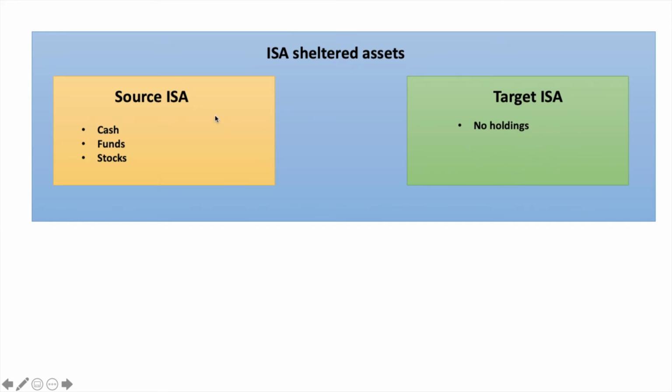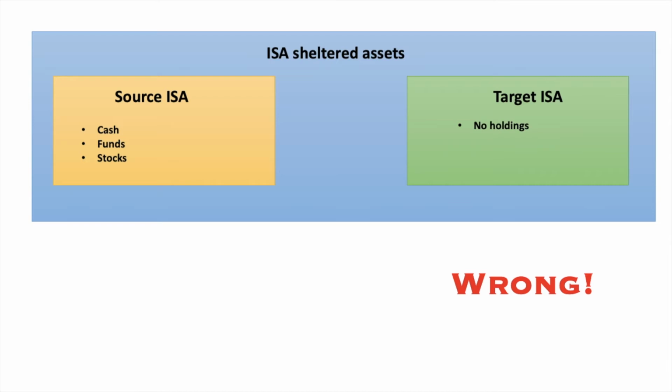So this is from provider 1 and this is from provider 2. And this blue box represents that shield that I was talking about, which is the protection of an ISA sheltered account. So the wrong way of transferring. Before I get into the right way, I just want to explain what the incorrect way of transferring